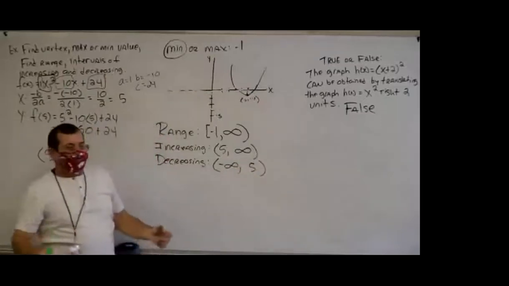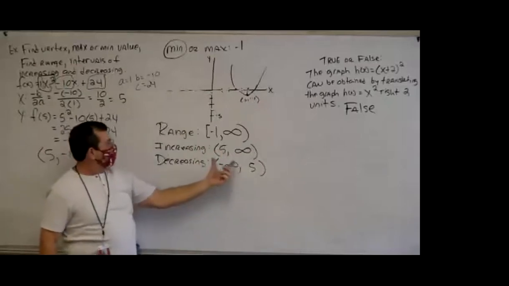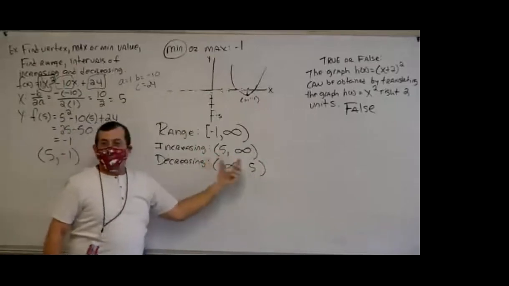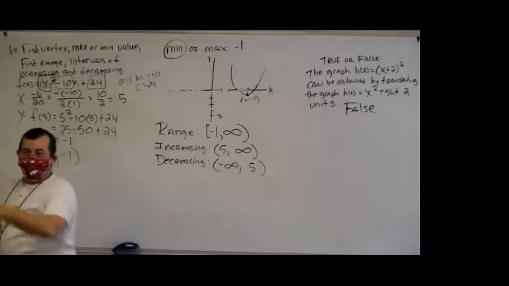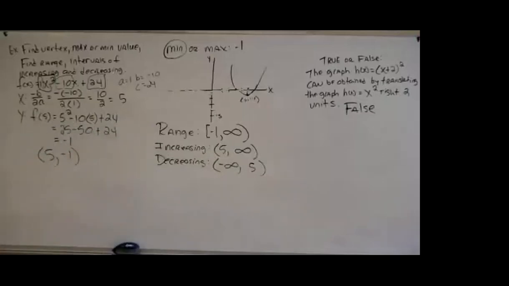So notice, when you look at this increasing, decreasing, it's got to have that same point to be the changeover. That was what that 5 was. So whatever that vertex's x point is, basically that's the changeover for the intervals of increasing and decreasing. Don't think that bad. It's just